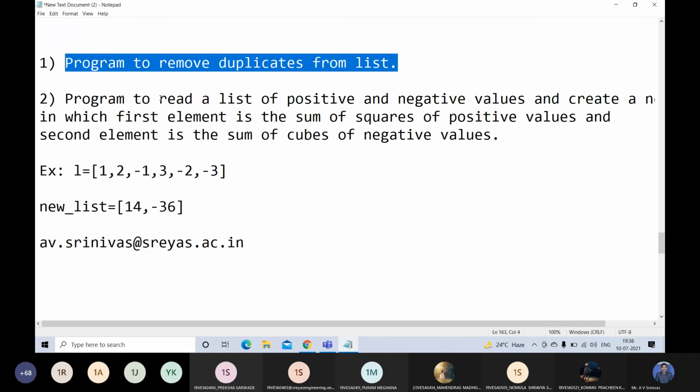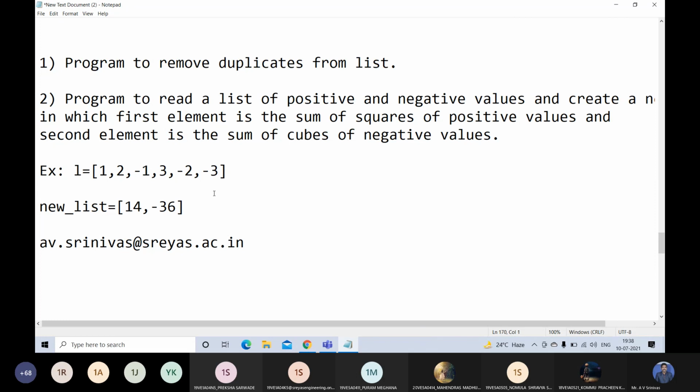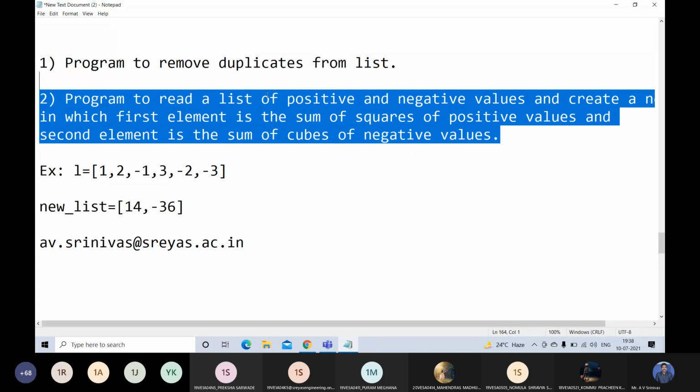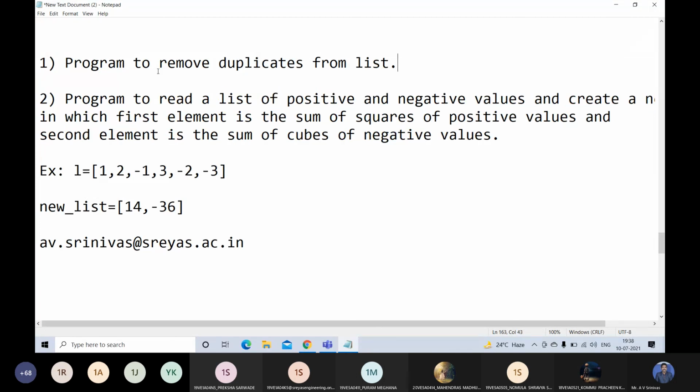If you copy from somewhere else or from Google, then there is no need of learning any programming language. Try until you succeed. Definitely you will get it, because it cannot be that it does not come. Definitely you will get the output. Definitely you will get the program. If you do not try and simply say it did not come, there is no use. If you try, you will get it definitely.